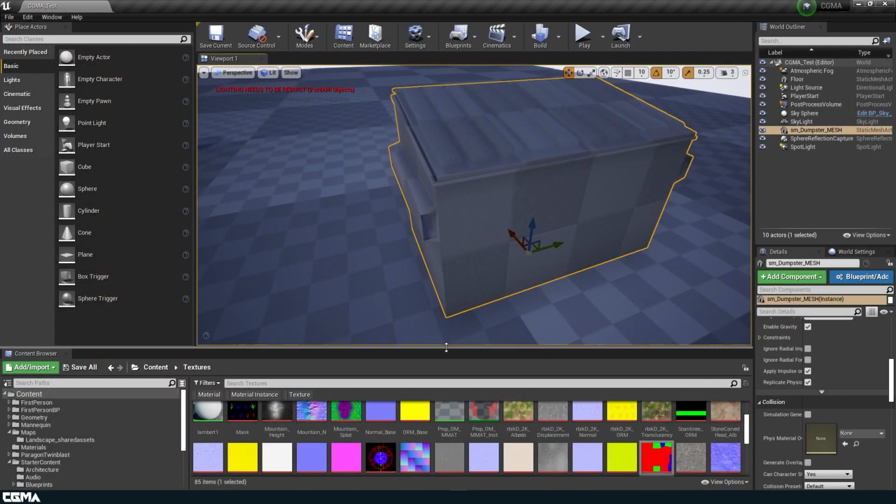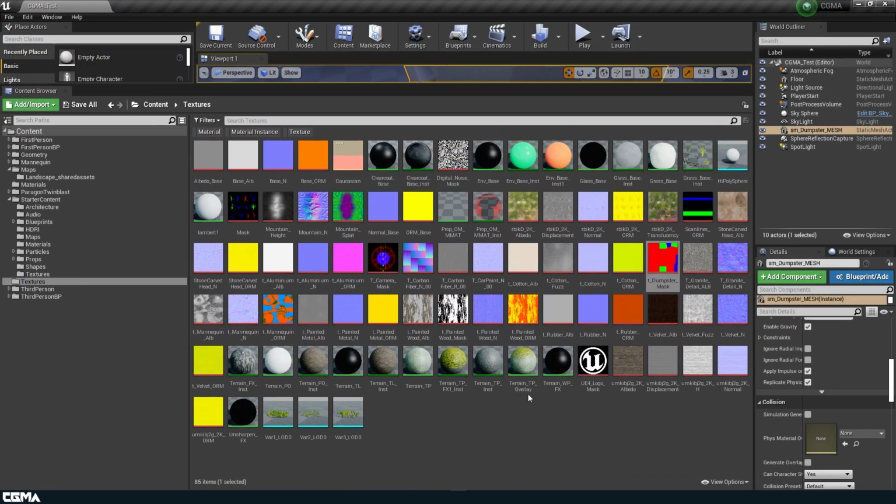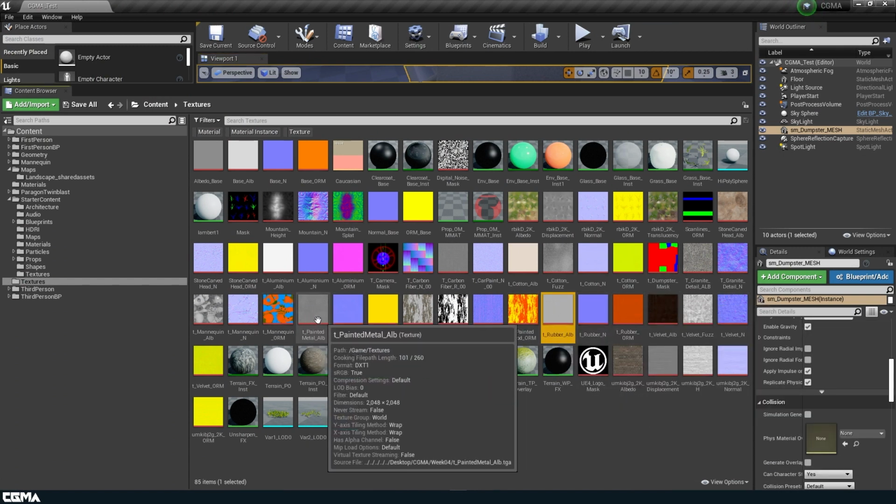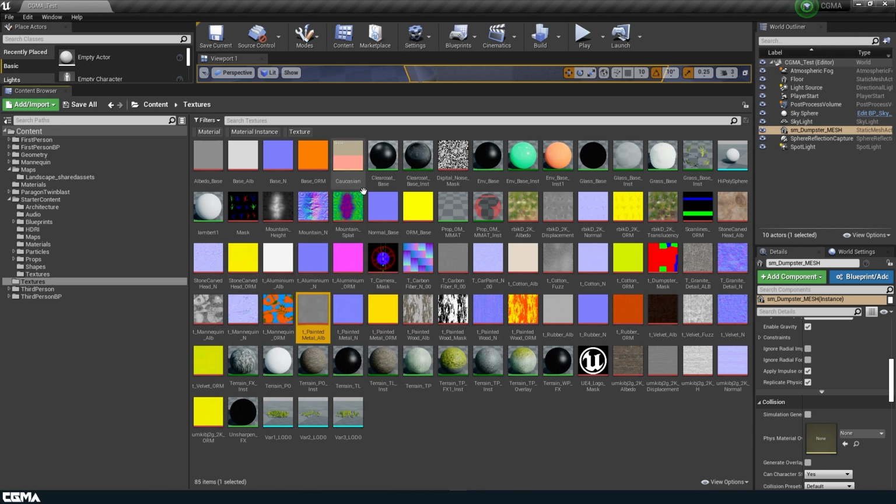The main one is this big red area, which is going to be for the metal paint on the base of the dumpster. The green is going to be for the rubber used for the tires as well as the lids. And then the blue is going to be used for the metal parts. So I have a couple of textures that I've already brought in. I brought in a rubber texture, which is gray. Same thing with my painted metal. And then the same with my